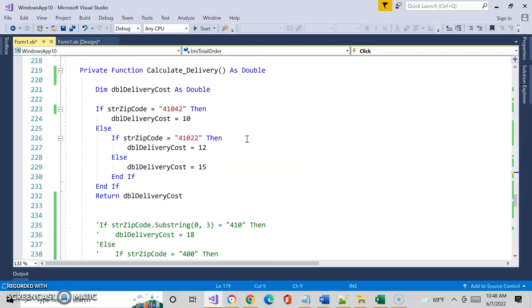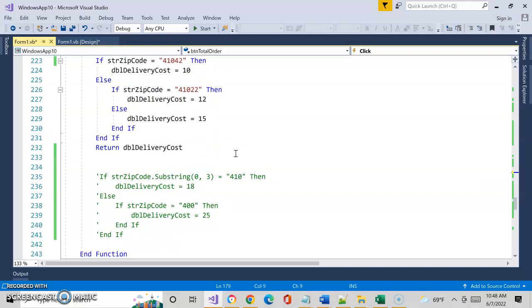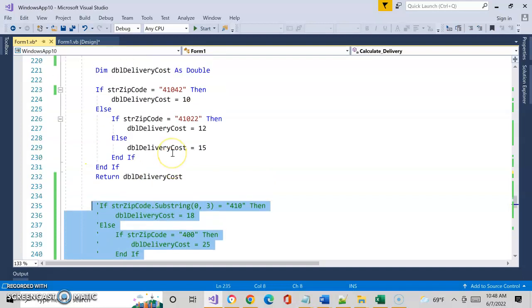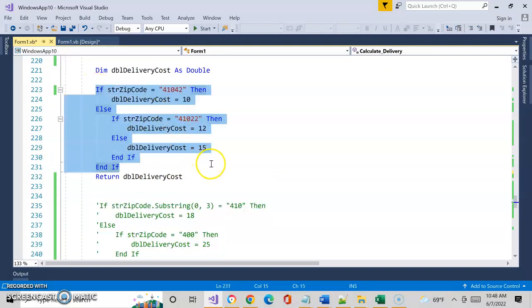And so my code for the previous one was, if it's 41042, it's $10, 41022 is $12, and then if it's the third one, whatever that was before, it's $15. I basically kind of ran the same type of code. I could have done this differently. I could have created a variable and stuck in 410 or whatever into it, or I could create Boolean flags. I just basically, almost in a lot of ways, just cut and copied my code and made it like this, okay, where I'm going to replace this right here,